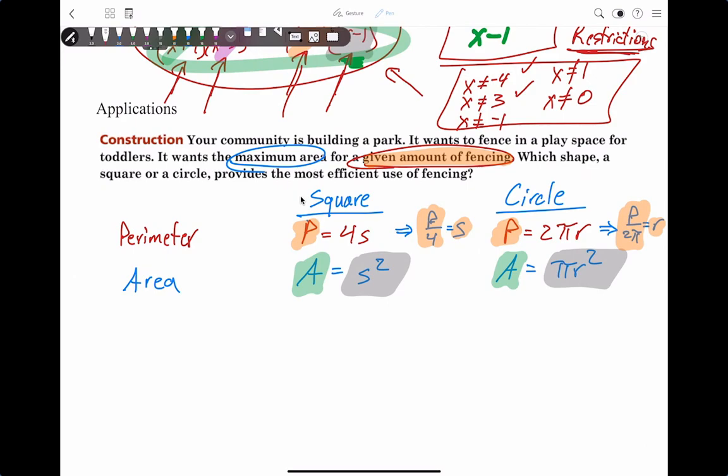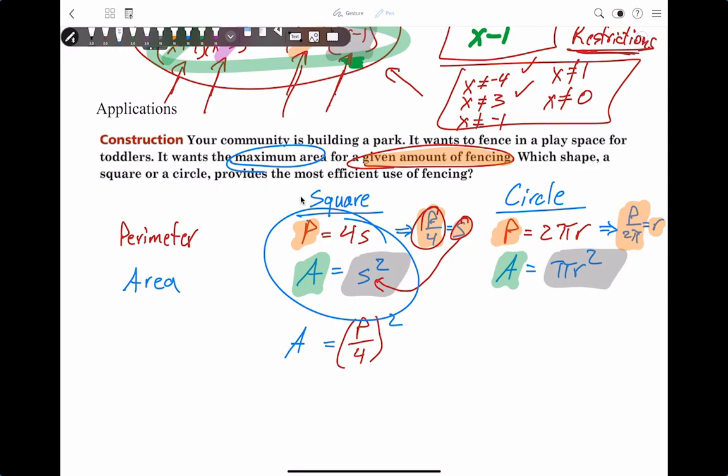And the reason why I did that is over here where I would see a normal S in the equation, I'm now going to put this P. So I'm going to substitute P over 4 where S used to be. So it's S squared is equal to A. Notice how I use these two equations to make that happen. So then I'll come over here, and where R is all by itself,